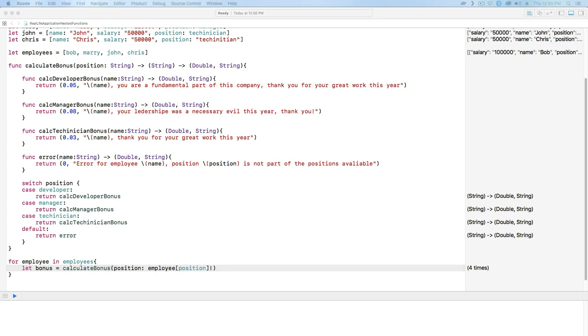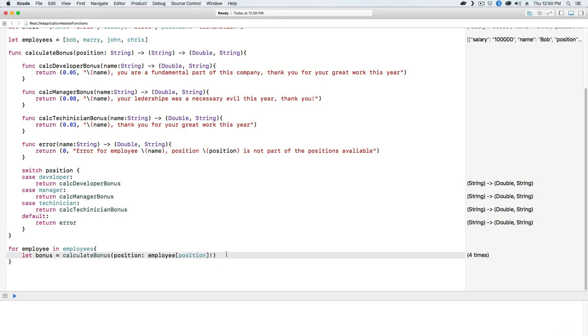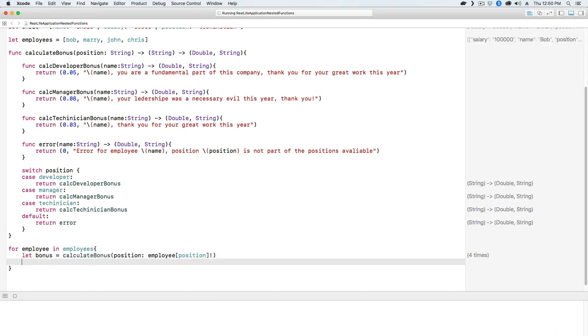So okay, with that, now we have in bonus, we have this function, one of these functions. Now we know the format of the function is going to return a tuple. So let's create a tuple here, and it's going to be the value of the percentage and the message. So let's call percentage, message. And that's going to be equals